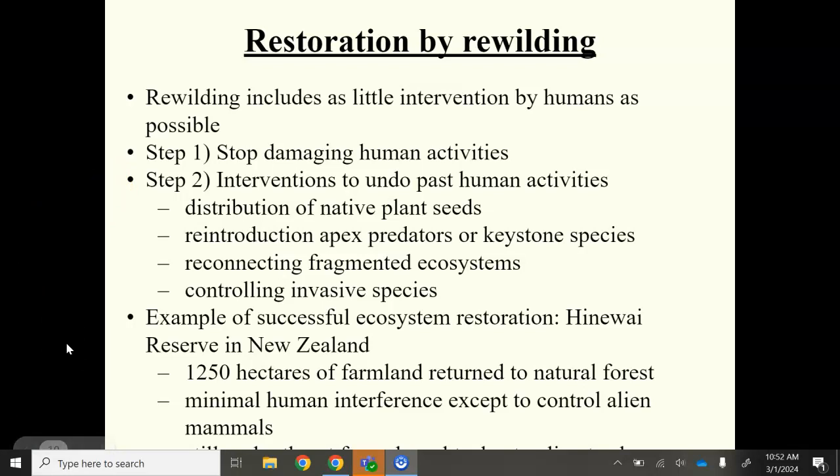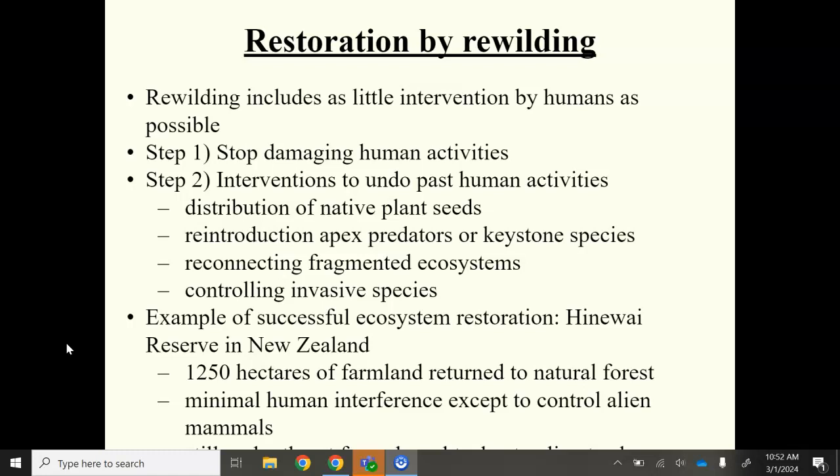There have been some success stories in restoration by rewilding, and this one mentioned here, Hinewai Reserve in New Zealand, is a specific IB standard. So you do need to know this specific example. But this used to be farmland, and we had cleared the land and used it for farming,